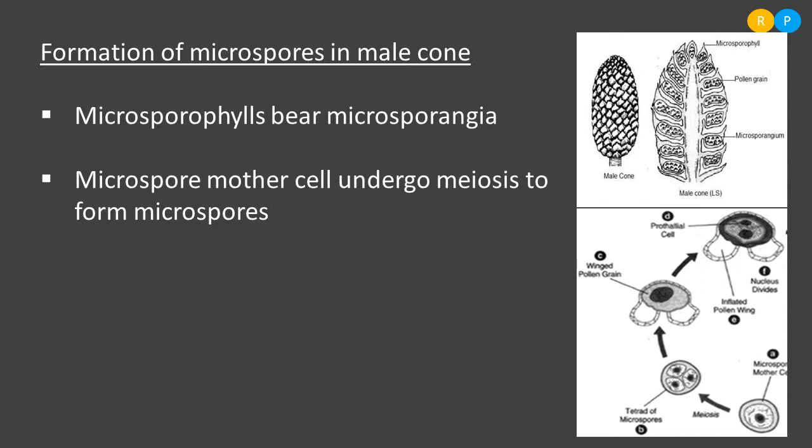So you can see in the schematic representation in the second diagram. The first single cell, what is there in the diagram? That is nothing but microspore mother cell that is labeled. You can observe here the single diploid cell that is there in the base of this second schematic. So that cell is named as microspore mother cell.